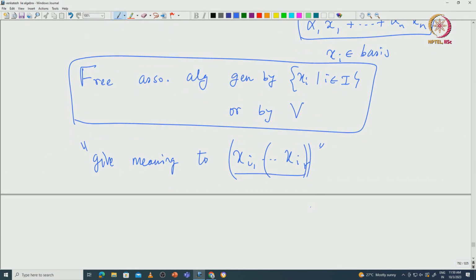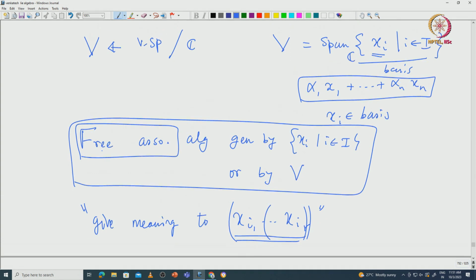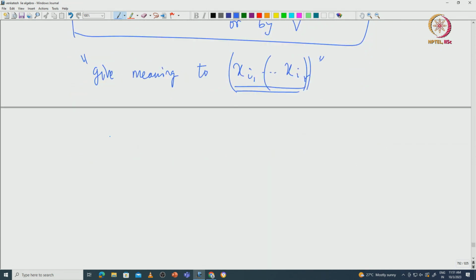In particular, I can take linear combinations of these, and we can treat them as monomials. If, given two monomials, we say how to take the product between them, the obvious product, called juxtaposition, then we are in business: we have constructed the free associative algebra. This is a rough idea, but mathematically it is done using what are called tensor products.